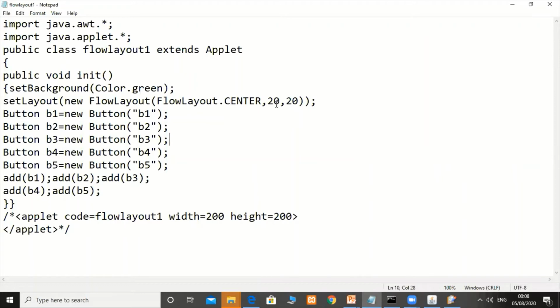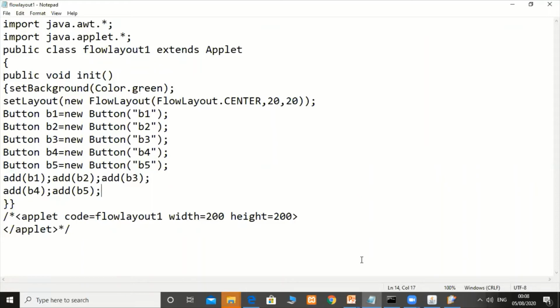Means the horizontal gap between two components will be 20 pixels horizontally and 20 pixels vertically. I have added buttons, created the objects B1, B2, B3, B4, B5 and added all these objects over here, and I have added the applet tag also.